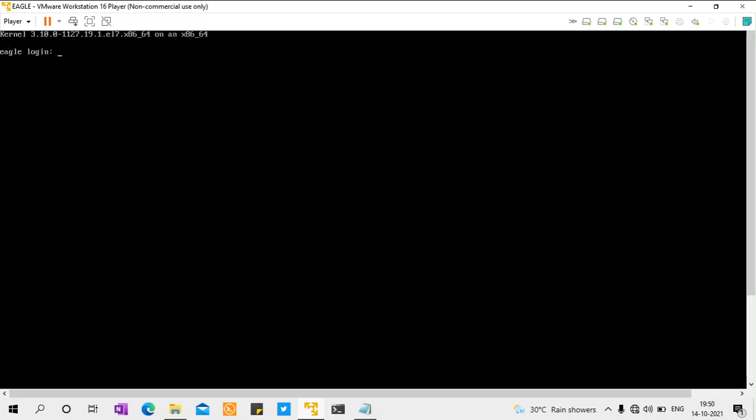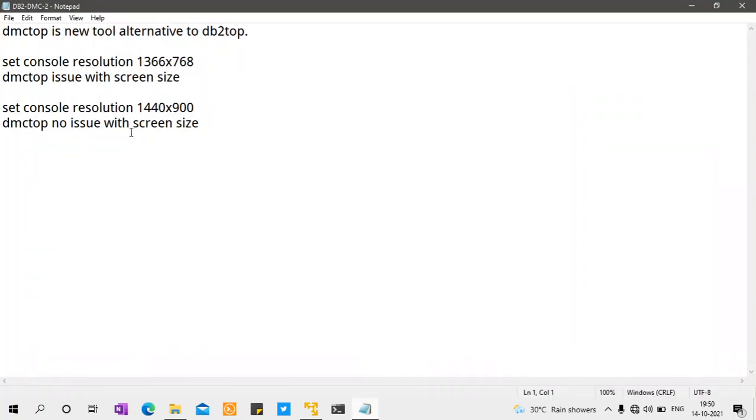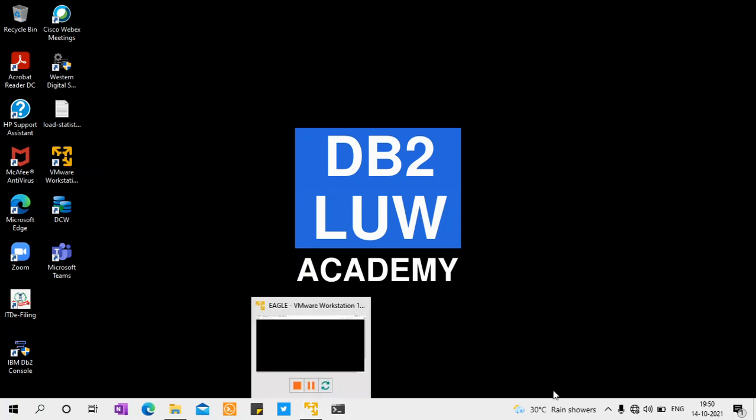But in any case, if you are stuck with a smaller display and you want to work around it, you can work around using the screen resolution. That is what I was about to tell you. That is the tip that I wanted to share, particularly for those people on low-end hardware. So 1366/768 won't work. It has some screen size issues and navigational issues. 1440/900 and above will also work fine, I guess. That's the tip that I wanted to provide you.